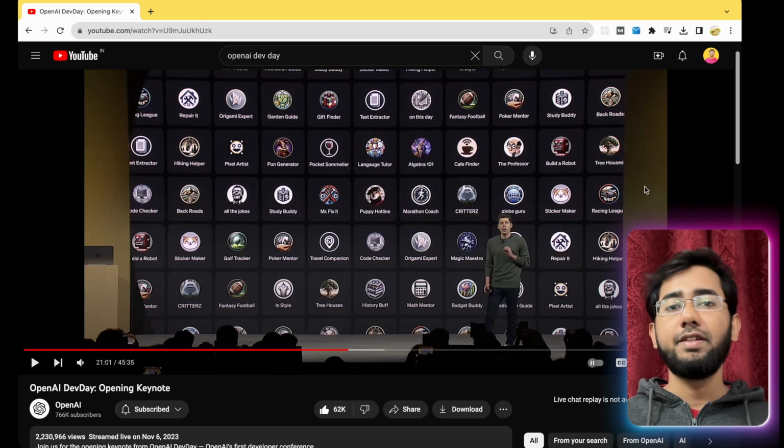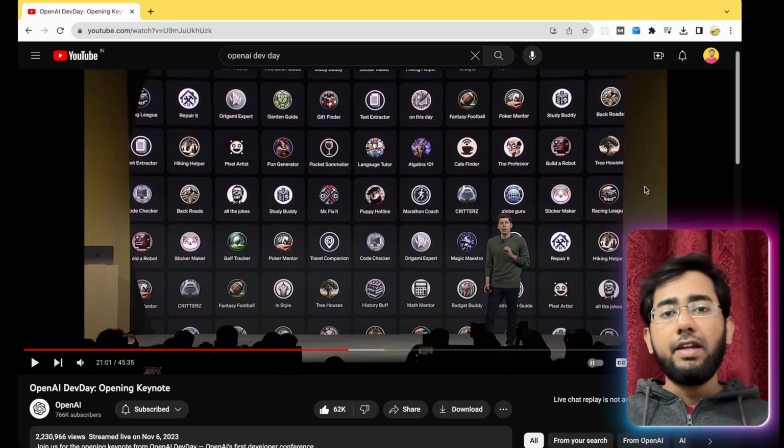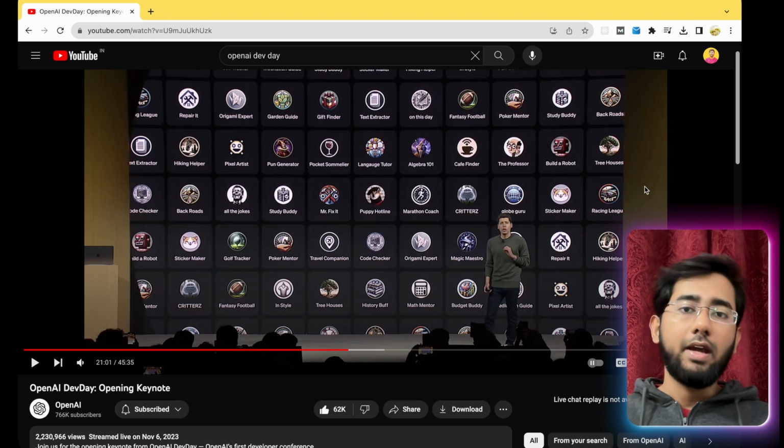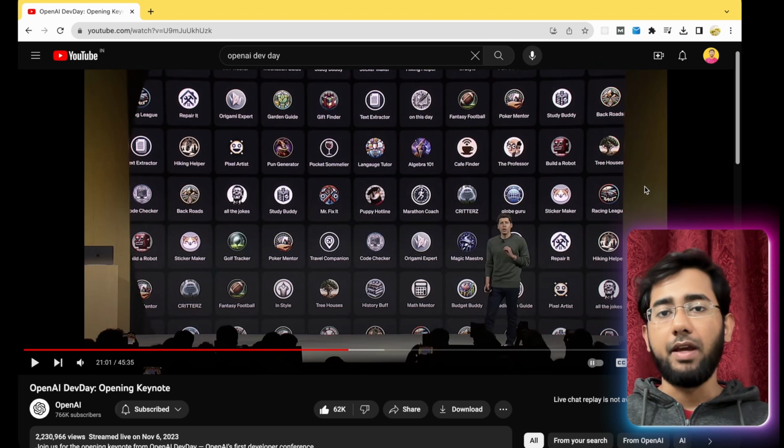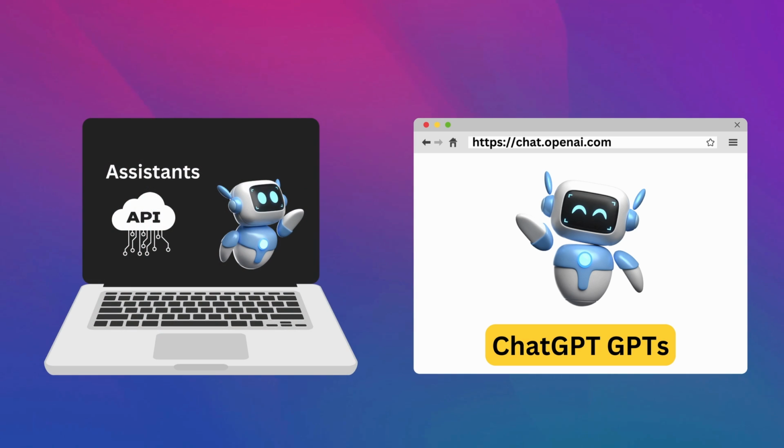So if ChatGPT GPTs are a tailored version of ChatGPT, what are assistants? Well, to create an agent-like experience like a GPT into our own apps, OpenAI has given us the Assistants API. So using the Assistants API, you create an assistant. Just the way you create a GPT on the ChatGPT's website, you would create an assistant when you are developing